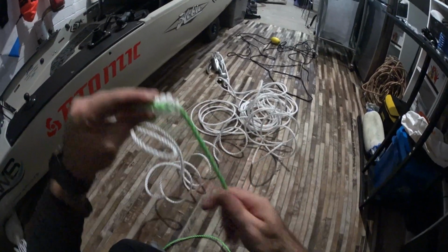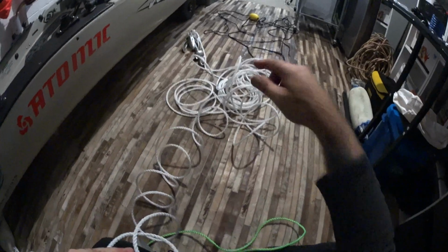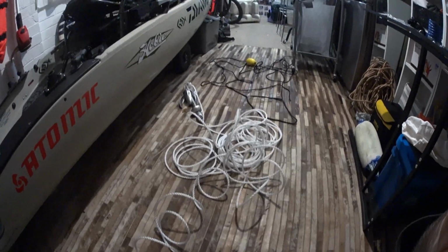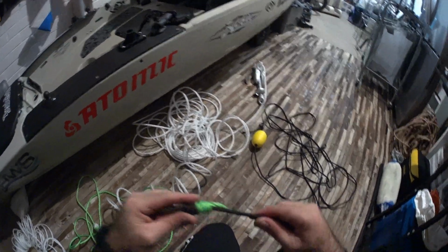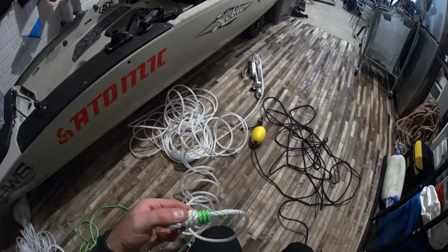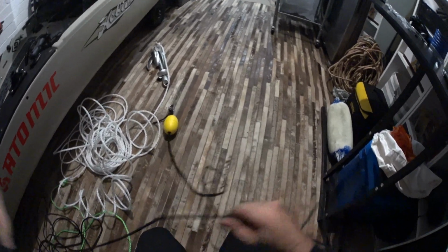So now we have a 20 meter white line connected to a 12 meter green line, and we can do the same to connect the end of our anchor there, the black line with the float. We done now. A green 12 meter rope tied to a paracord. So we have a double fisherman knot here and another double fisherman knot here, and this is running all the way to the float,